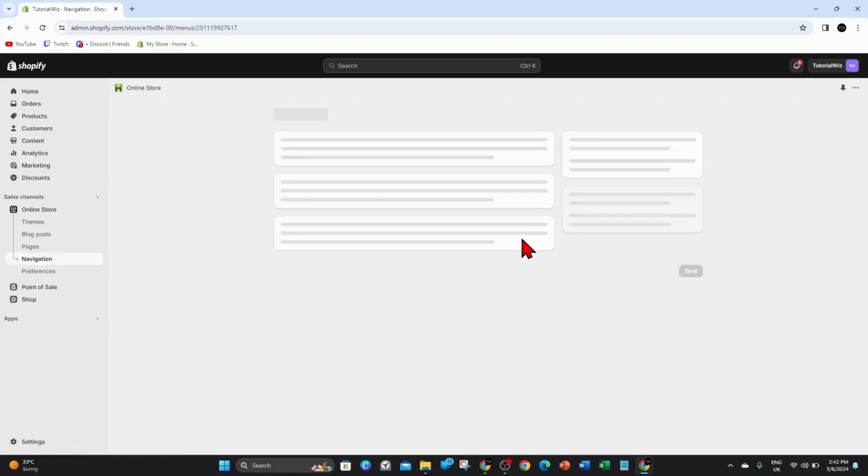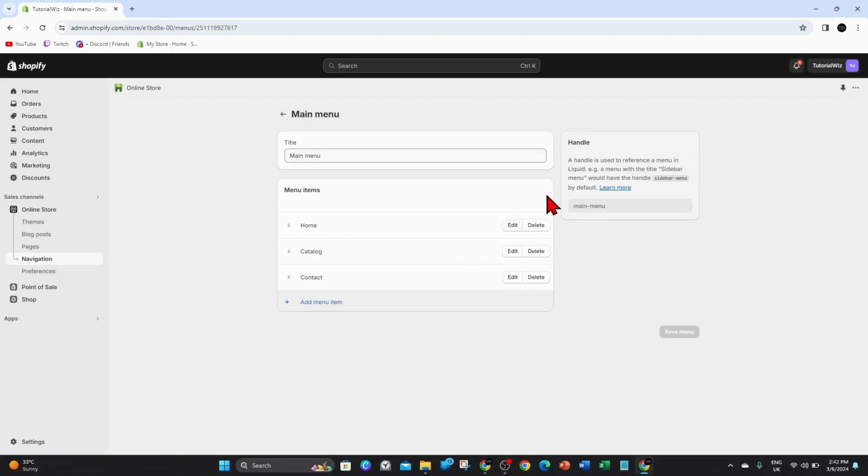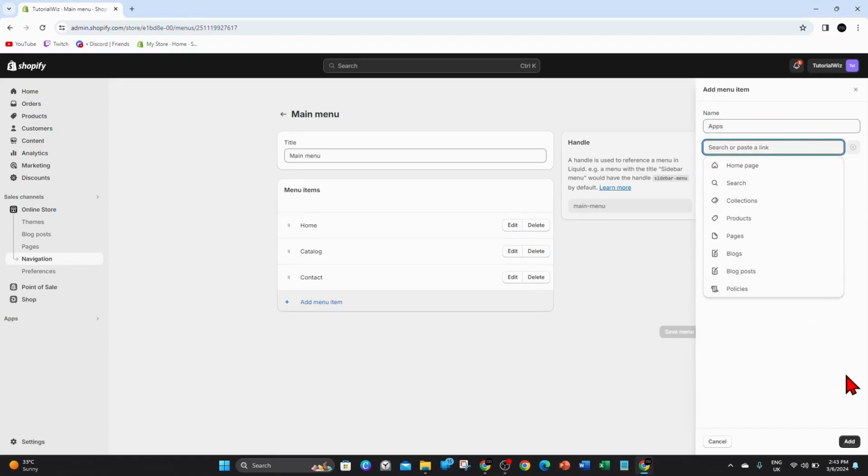So click on main menu, and now what you want to do is click on add menu item, and for this demonstration I'm just going to call this apps, and now from here search or paste the link. For this demonstration I'm just going to click on just the home page like so, and then click on to add,